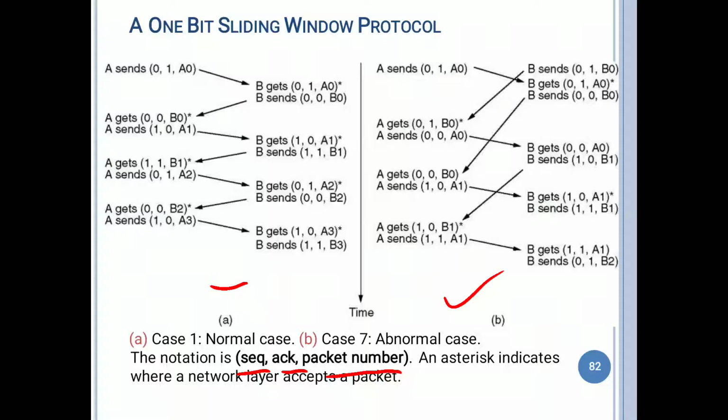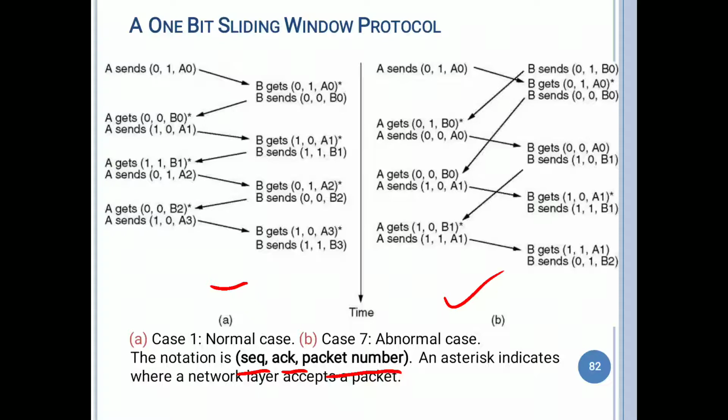So A sends the data, which is received by B. Once it receives the data, it will again send the data. So like this, the data is sent and received by A and B, meaning there is communication between A and B. Here A sends the data and B sends the data. So like that, some abnormal cases will happen here.